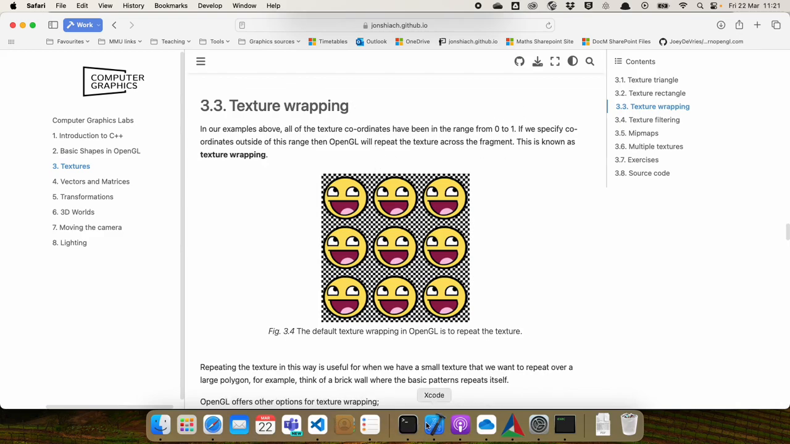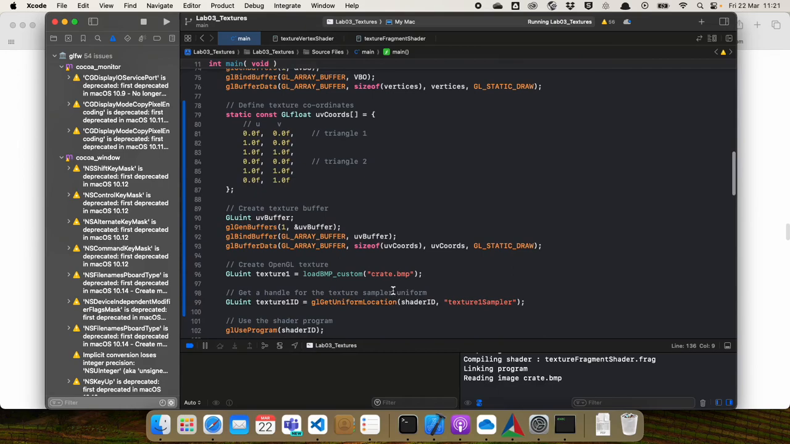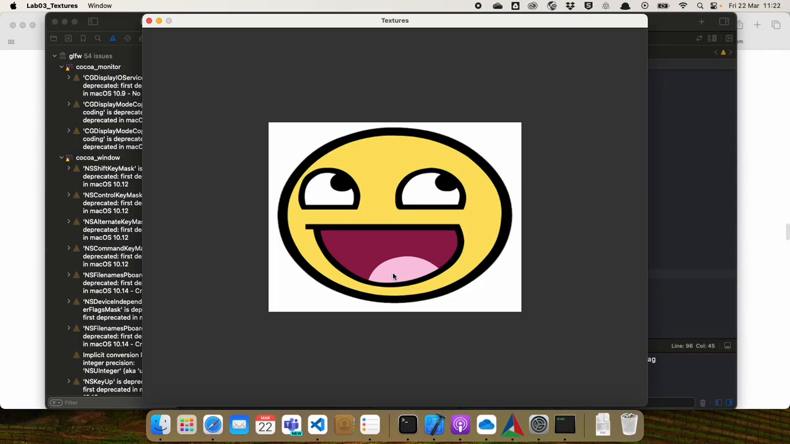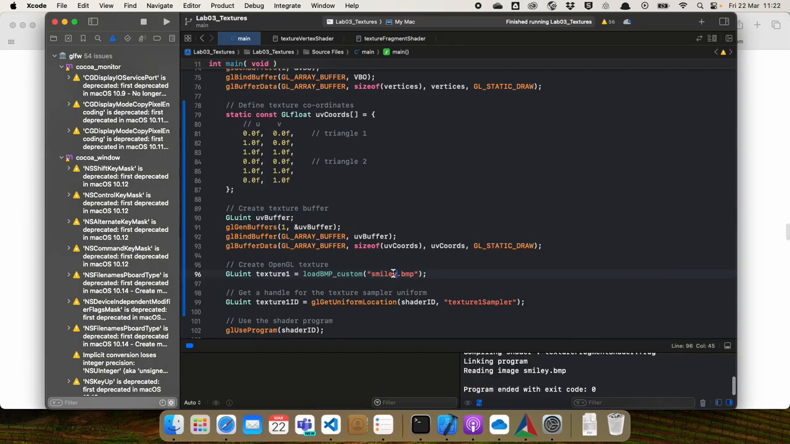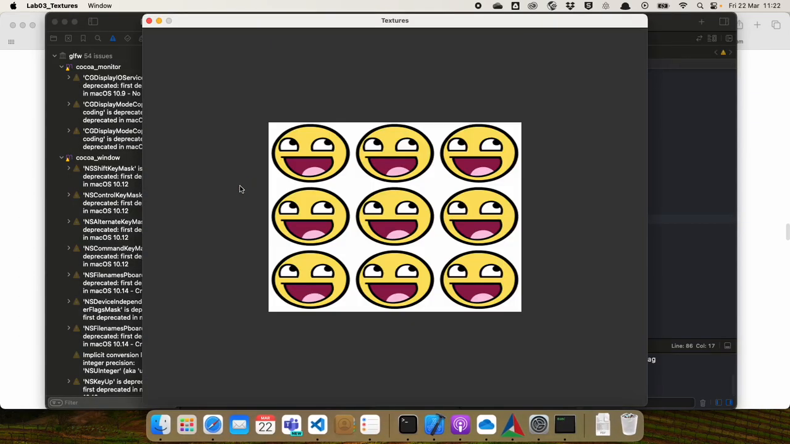So what I'm going to do is go back to our Xcode. I'm going to change our texture map to be a smiley face. So I'm just going to change it here, smiley, and run that. Okay, so you can see I've now got a smiley face texture. The texture coordinates were up here between 0 and 1. What if I change this so it's between 0 and 3 for both U and V? I'm going to run that again. You can see what it's done is it's repeated the texture, and so this is the default for our